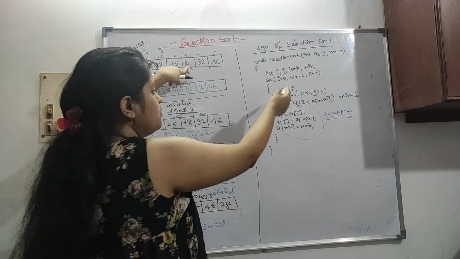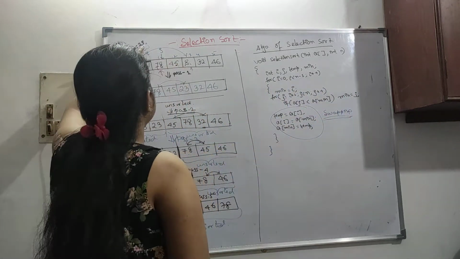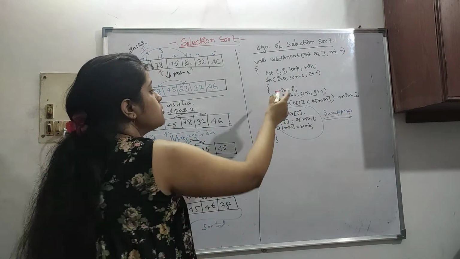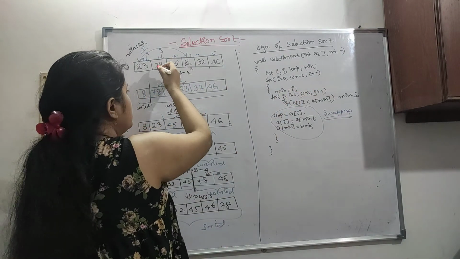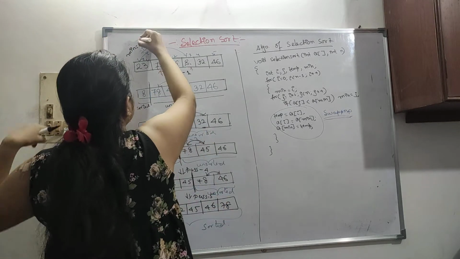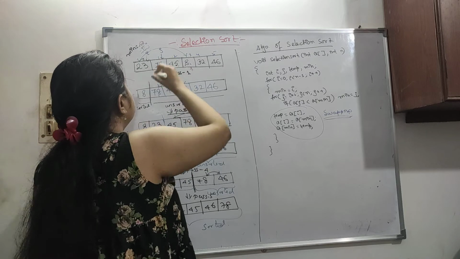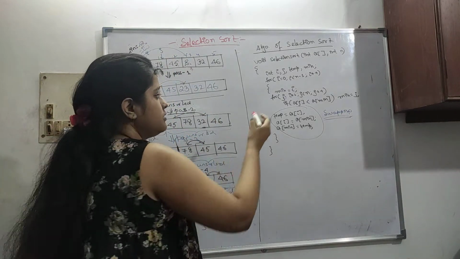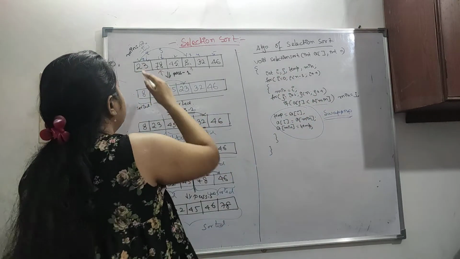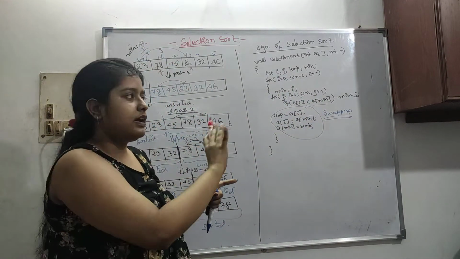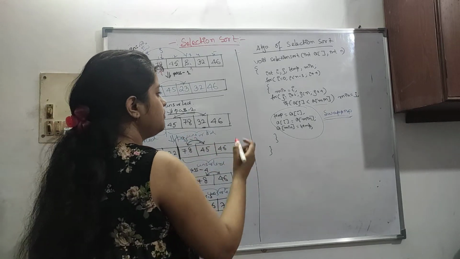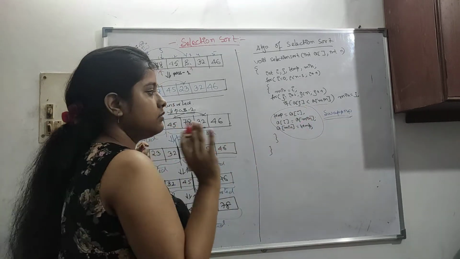min was i, so min will be changed to j. See, j and i, these are indices, not the actual array. So min will be changed to this. See, minimum is now 0, okay, not 23. So you may get confused, so indices are what we are taking. So when a[min] is this, it means a[0], min is 23, like this. The minimum, i, j, all these are indices. So let me be very clear to you: min, i, j, everything are indices, not the actual array.